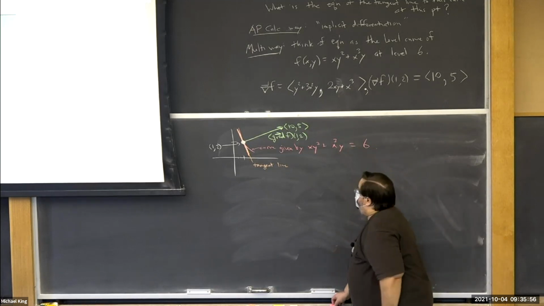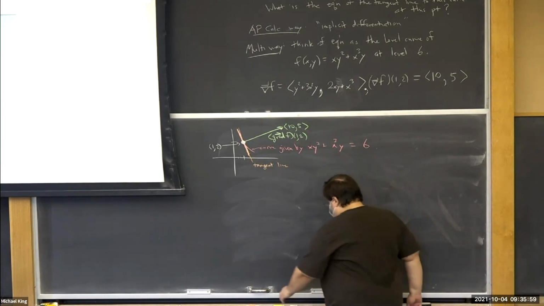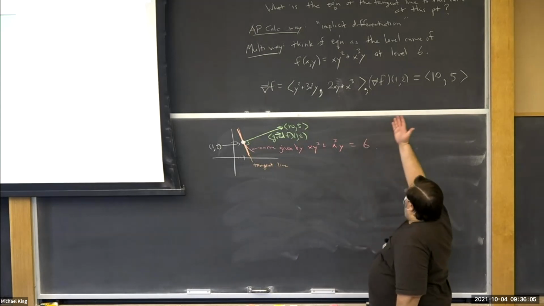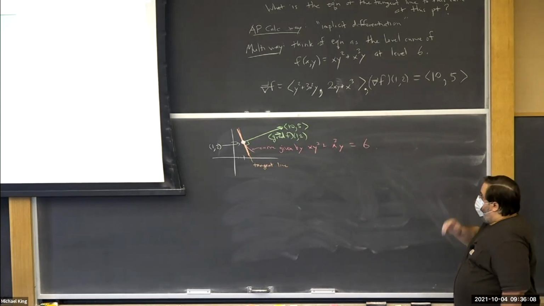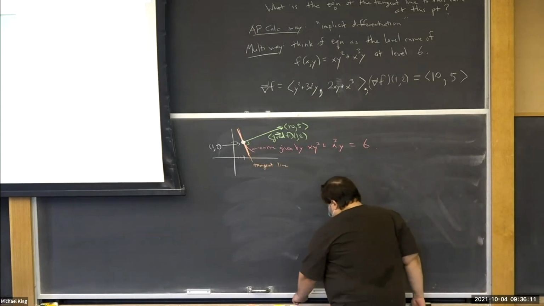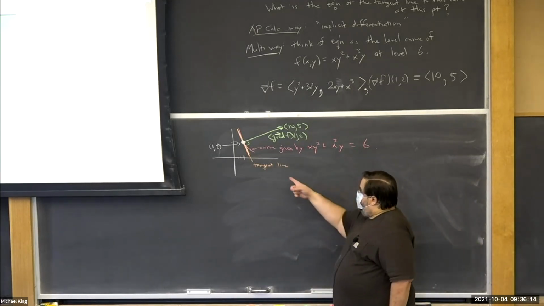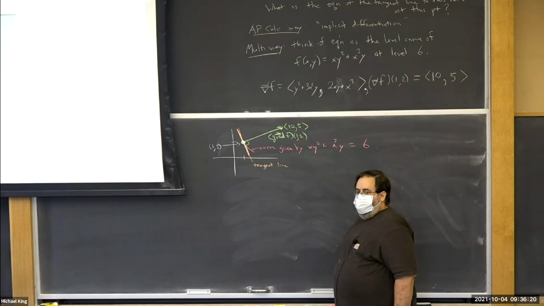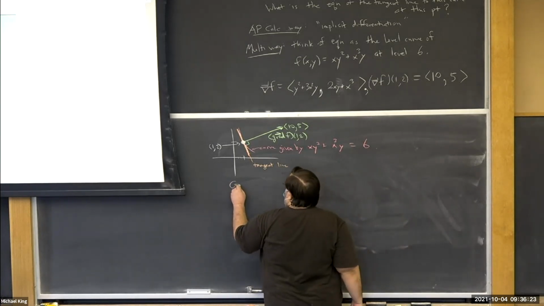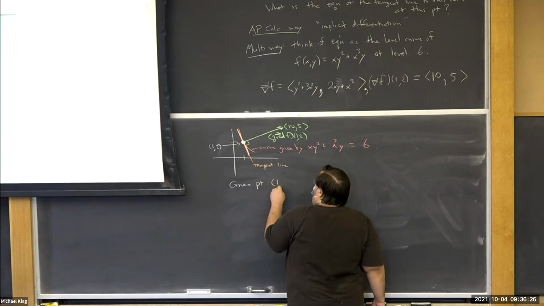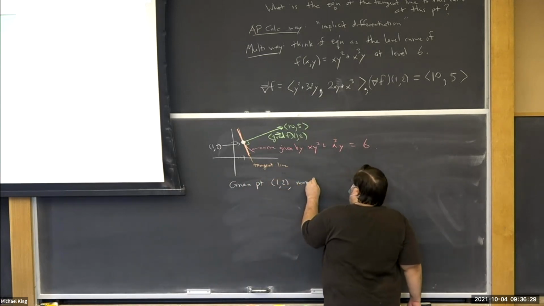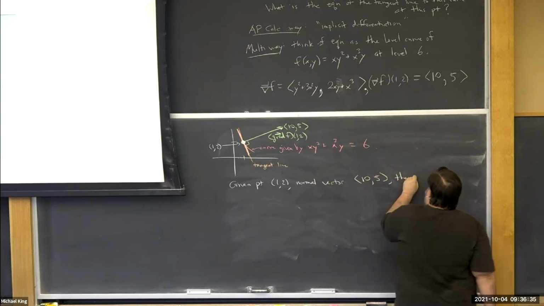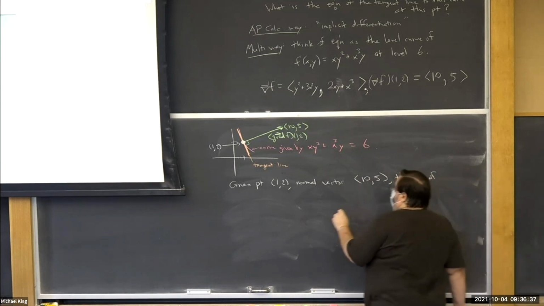Okay. And so notice that the gradient is perpendicular to the curve at this point, because it's a level curve of a function of 2 variables, so it's perpendicular to that. It's also perpendicular to tangent lines. So in fact, for this line, we have a point and a normal vector, and we figured out how to write down the equation of a line given a point and a normal vector. So given point (1, 2) and normal vector (10, 5), the equation of the tangent line